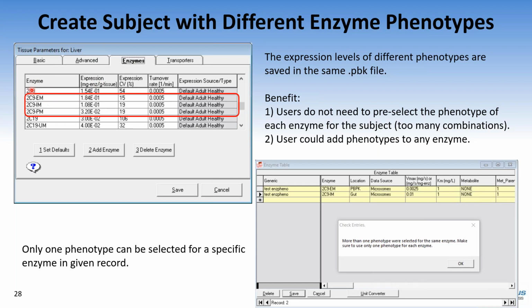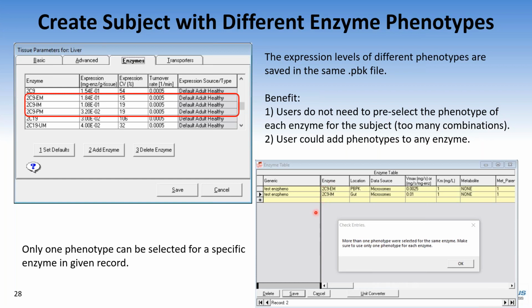For each of these enzymes, you will still have that generic expression level accounting for a general overall activity, but you will also have the additional expression levels representing the other activities. So in the physiology, you will have all of these different scenarios included, and it will be up to you to define, for any specific simulation or any specific record, what combination of activities for these enzymes you want to include.